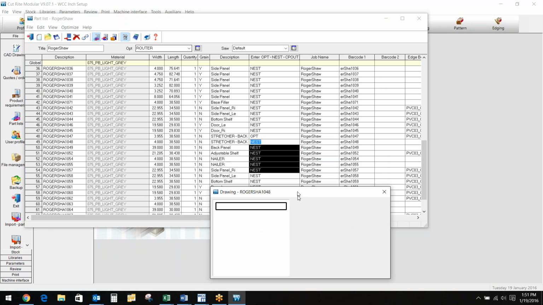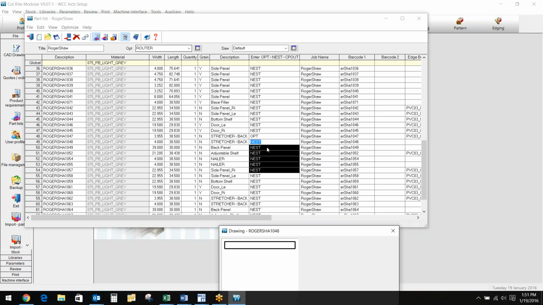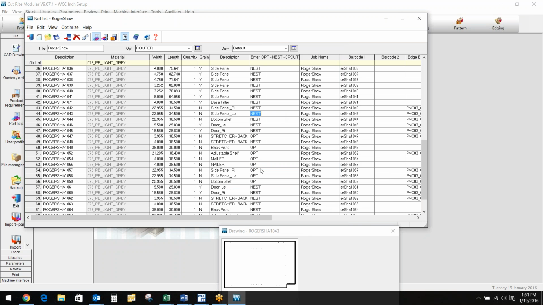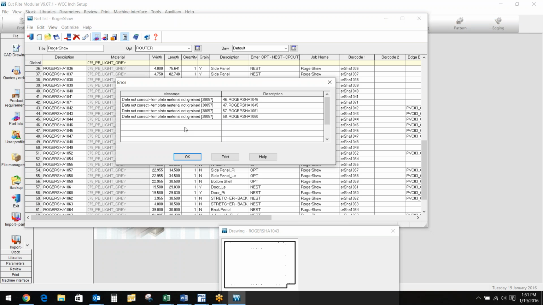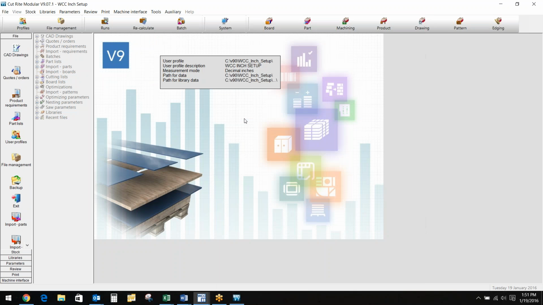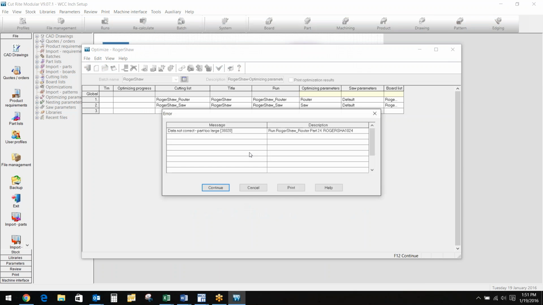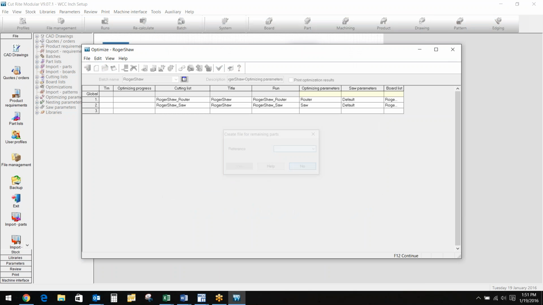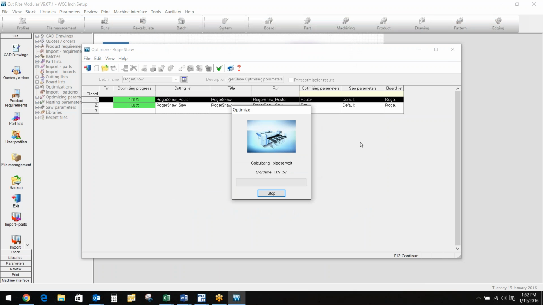and stick this on a few things. Let's just go here, and we'll say paste. Now, we're not going to get very good optimization results with just those few, but I think you'll get the hang of the fact that we are now going to, template not grained, okay. And so now we'll see that we're going to be able to process out to both. By the way, the reason I got that is that I told it that some of this was grained material,